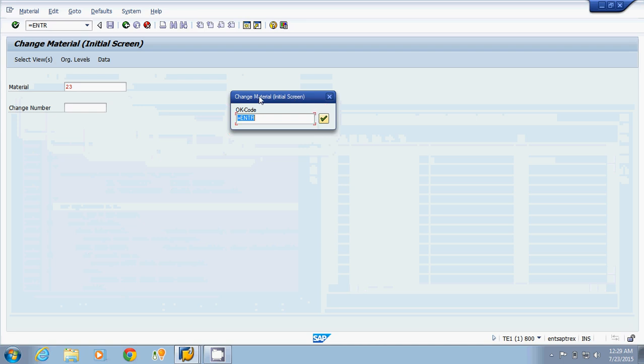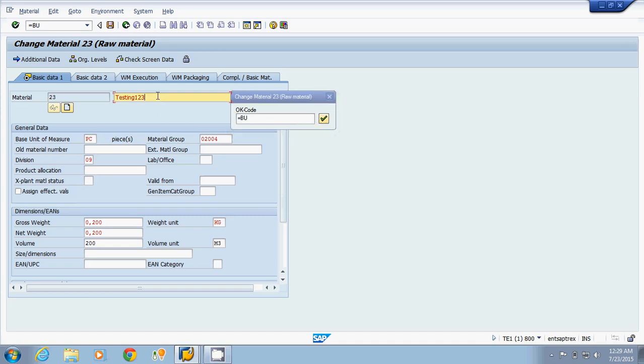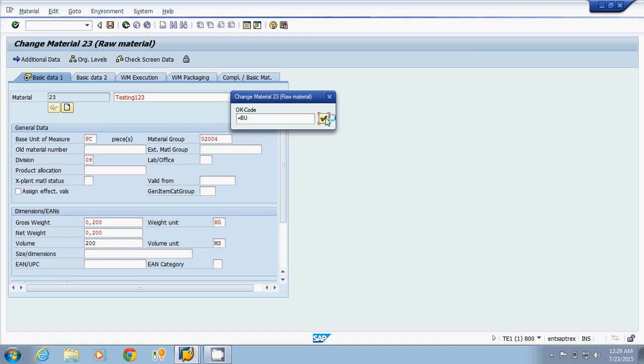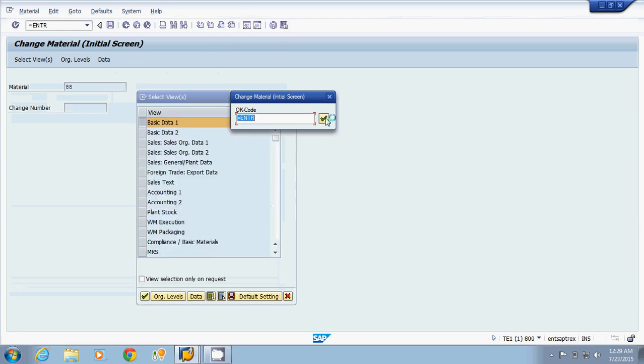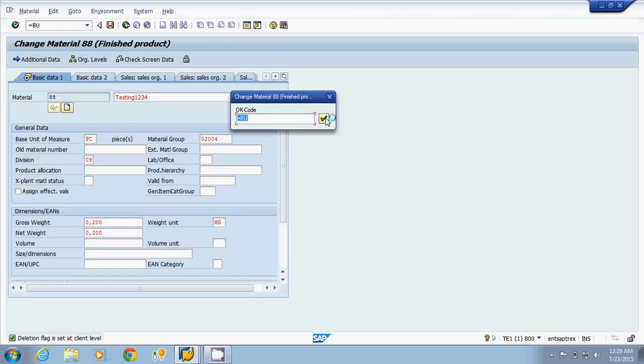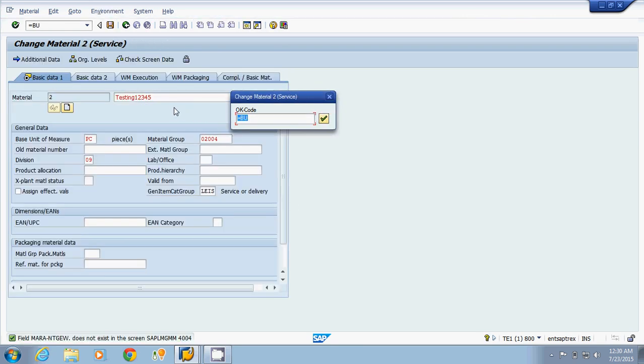Now see, firstly the material in the Excel is 23. Okay. Testing 1 2 3. Now we have the second material, that is 88. Testing 1 2 3 4. Now the third material is 2. Description is testing 1 2 3 4 5.